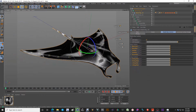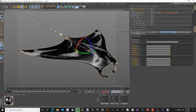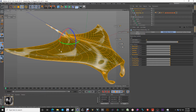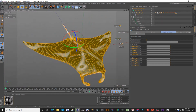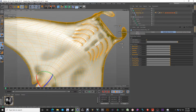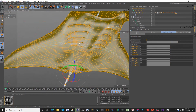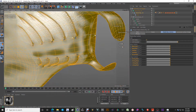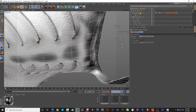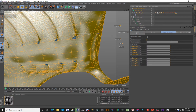The low polygon model is very low polygon. We're talking 4,800 polygons, 4,900 vertices, and as you can see, it is made entirely of quads. I used a nice extrusion to make sure it's a really clean model. On the bottom, you'll have some nice gill slats that don't look all that great in the low polygon, but once you bump it back up...